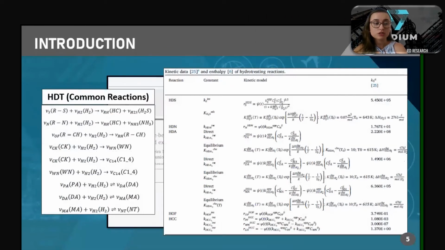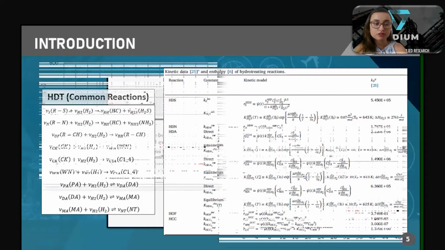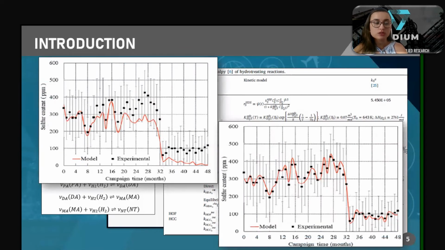This paper considered most of the HDT reactions, gas-liquid and liquid-solid mass transfer, as well as the influence of catalyst deactivation and quench zones. One of the most significant results obtained by Professor Tavernard's group was the verification of the catalyst deactivation model on